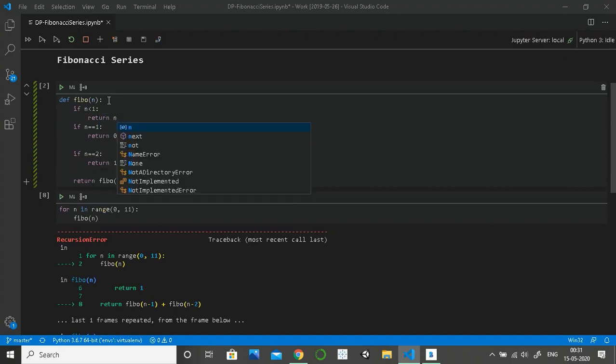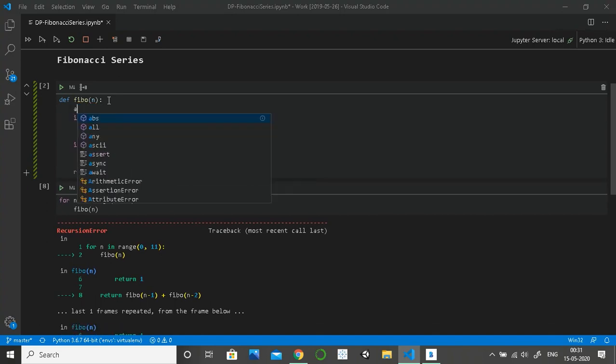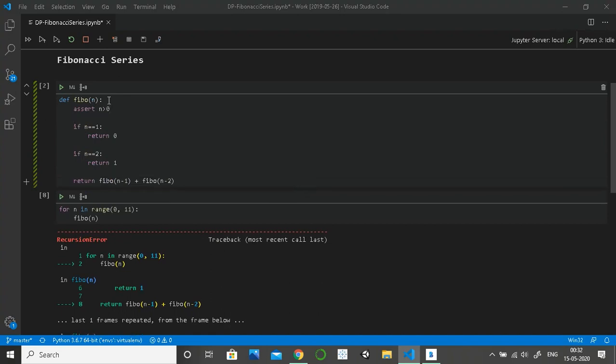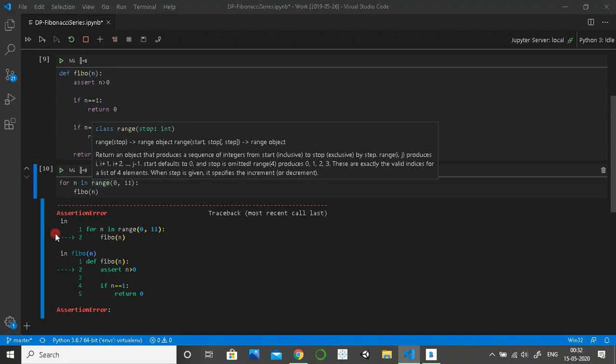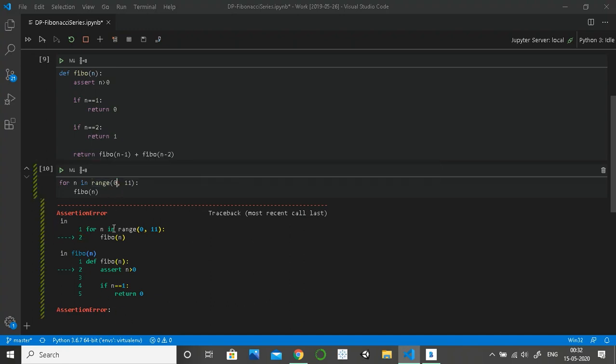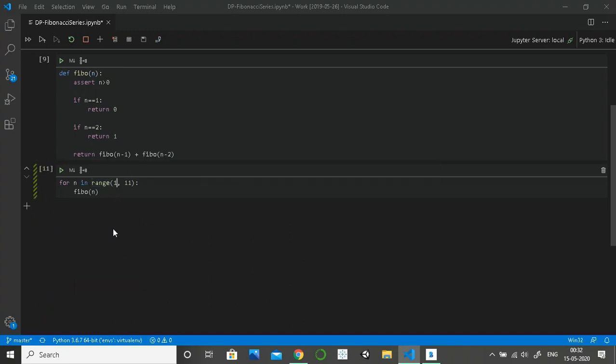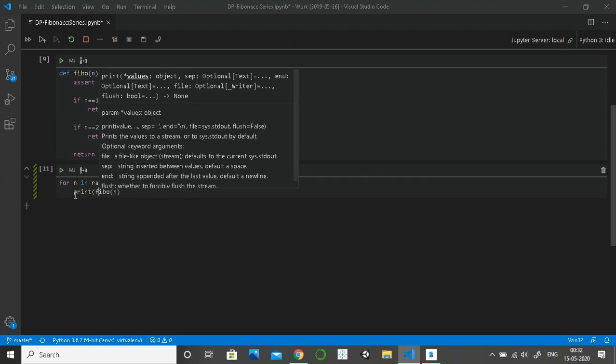Or instead of this, we can just assert n greater than or equal to 0. What assert will do, let me show you: whenever we enter n less than 1, it will throw an error.